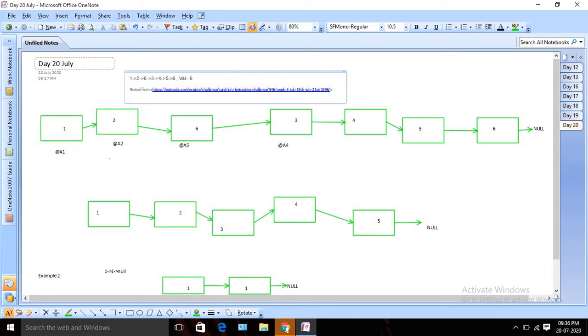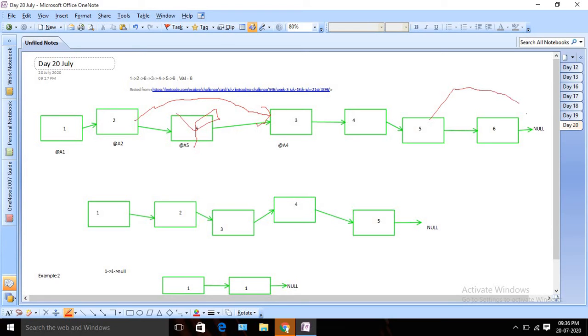So I am going to delete this node. And what I will do, my 2 will point to 3, right? Instead of that, it will look like this. Again I come to 3, and again I will check my 3, then 4, then 5, 6, and whenever I am at 5, I can see that my next node is 6, right? Then we need to delete it. In this case 5 will directly point to null. So this is the algorithm we are going to use to solve it.